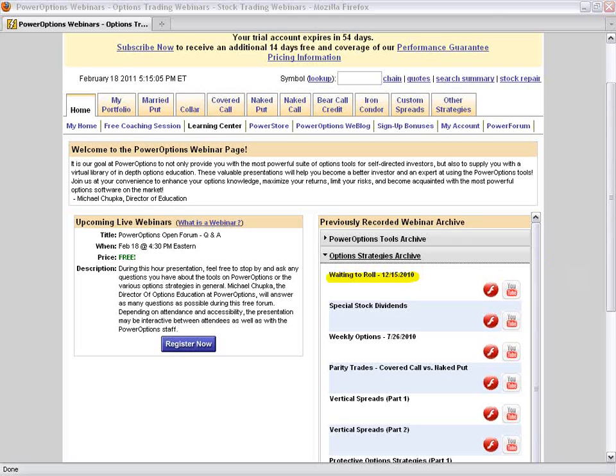Sometimes when you're coming up to an expiration, in this case we're at February expiration, but we're holding a March option, you might just want to wait until this expiration cycle to look for a roll, whether you're in the money or out of the money, simply because you want to wait for the new series to come available so you can see more views and more opportunities of what you might want to adjust.